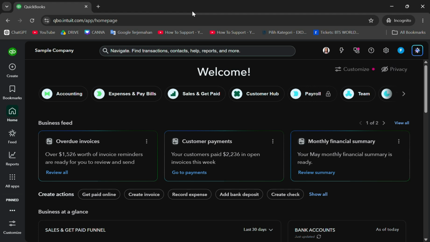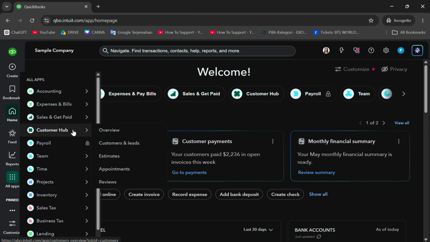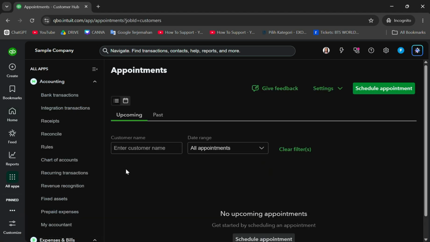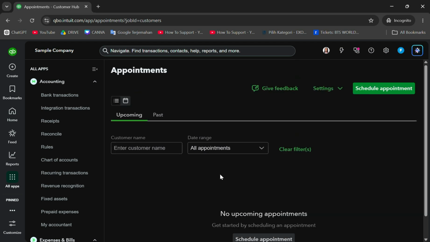navigate to All Apps here, and then go to Customer Hub, and you will see the Appointments menu here. Click on it, and then you will see all of your appointments. In order to create or schedule a new appointment, you can just click this green icon here, green button I